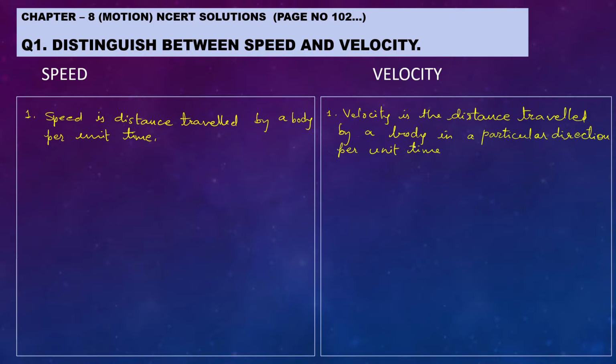The same speed is there, but the speed is definitely in a particular direction, then we call it as velocity,